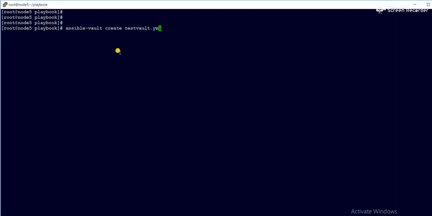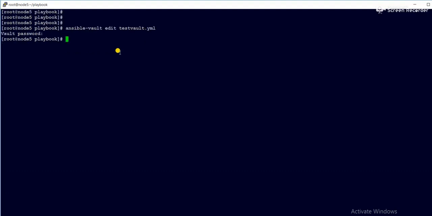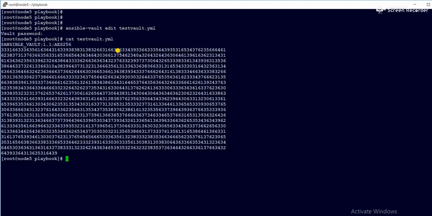It will ask for the vault password, admin123. See, now it is opened and decrypted. I did some modification, then I will save it. Now if I show it again with cat test vault.yml, again it is in encrypted format.